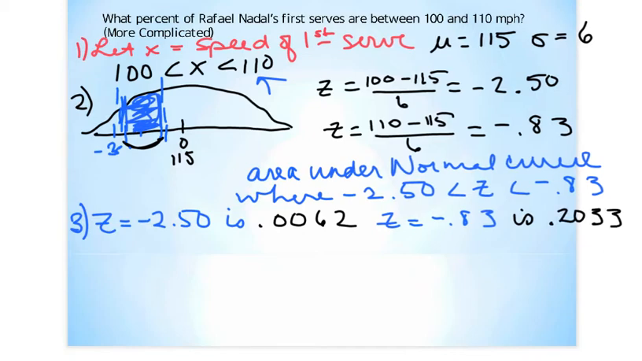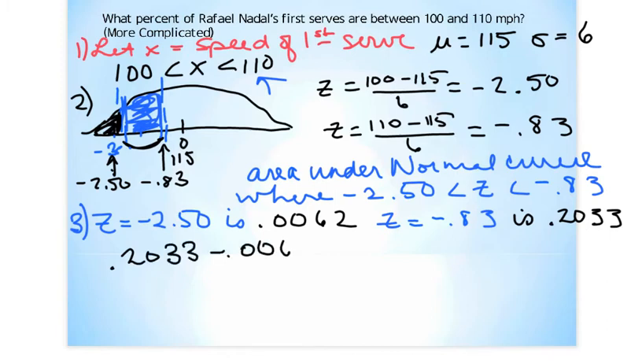So we are going to take this one, which is my negative 0.83, and we're going to subtract this little junk here that we don't want, which is the negative 2.50, to get the answer. So I'm going to have 0.2033 minus 0.0062,